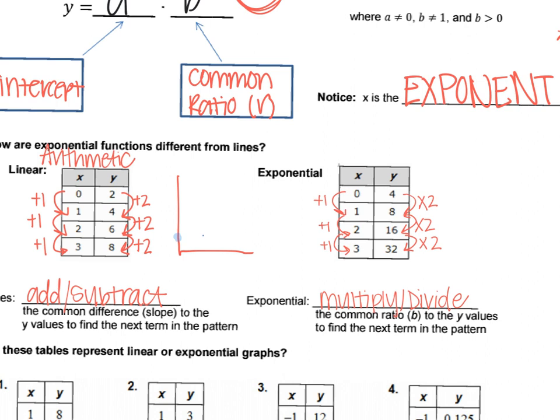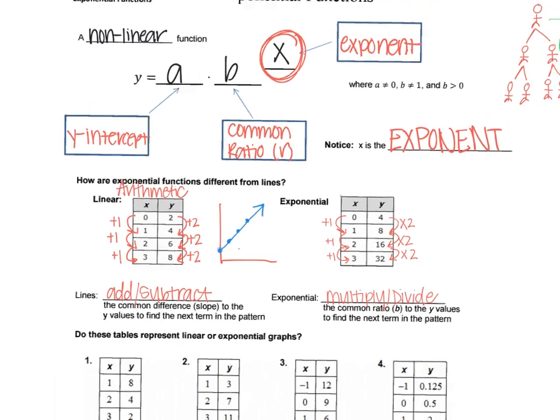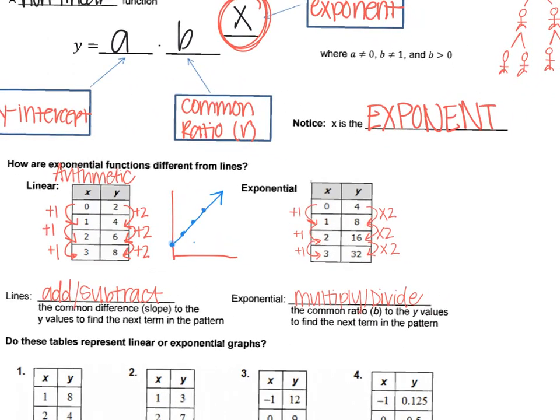Whoops, okay. At 0, we're up at 2. At 1, we're up at 4. 3, 6, 4, 8. And it just makes a line. On the flip side, if we were to look at the graph of an exponential function,